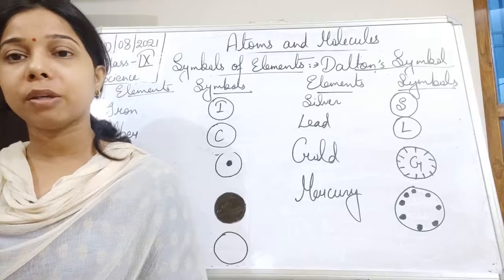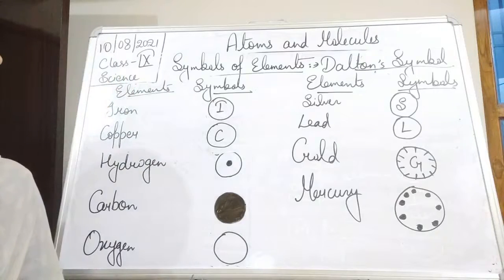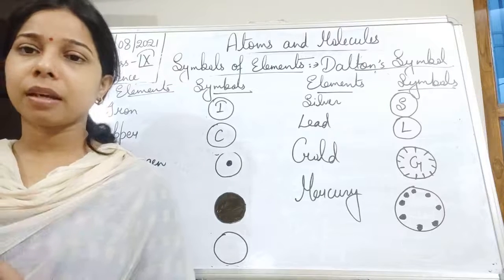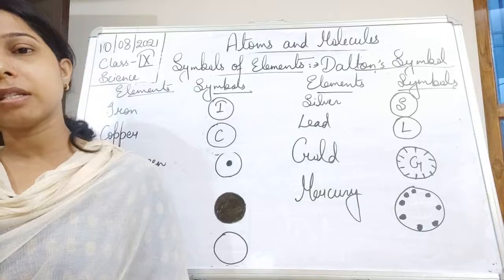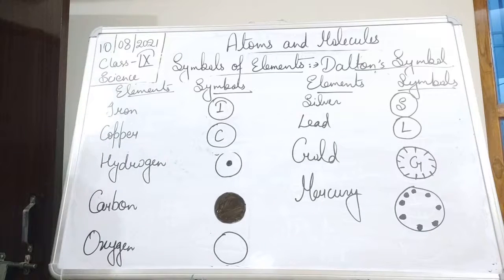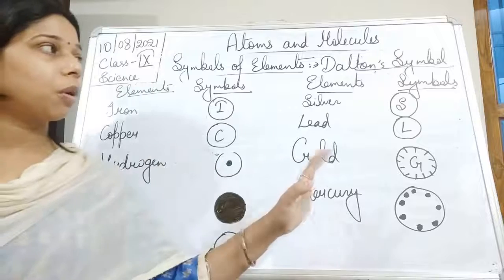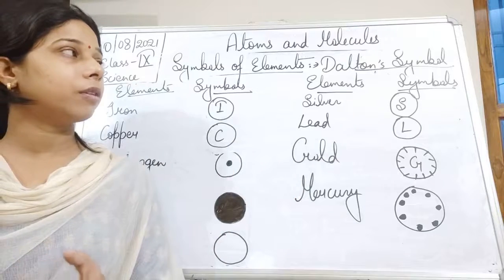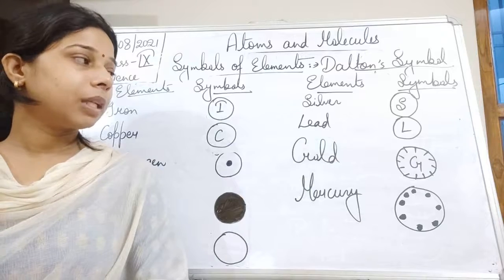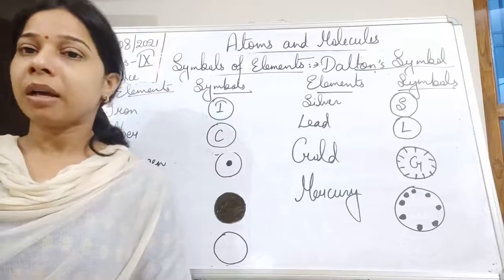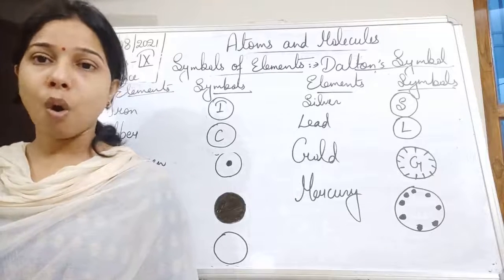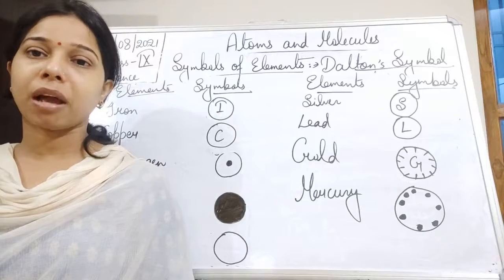It was explained by Dalton, and he said that instead of memorizing, we must know the symbol of the element. This is the whole symbol method. Symbol is given by Dalton. Now just look at all these things. Is it easy for you to memorize or to remember all the different kinds of symbols of the elements?